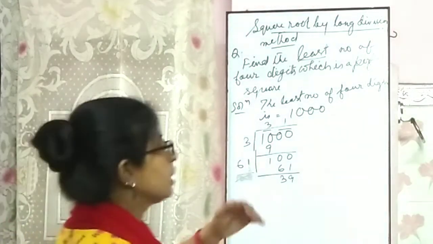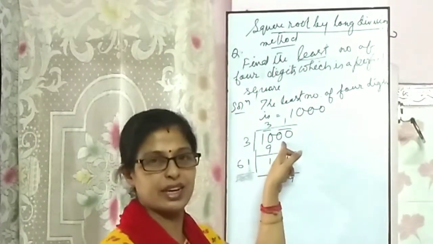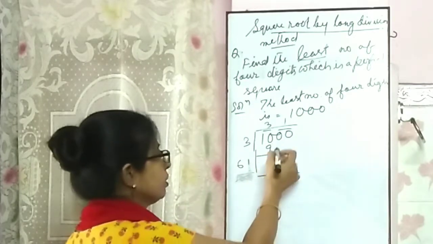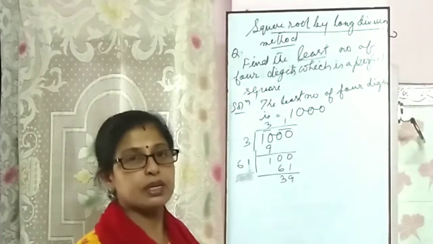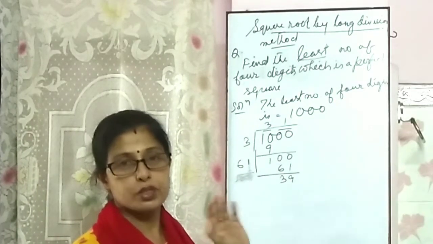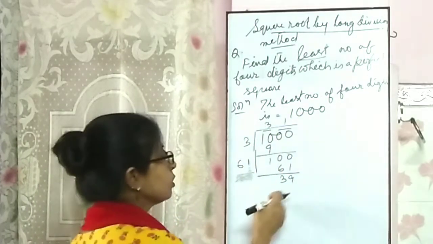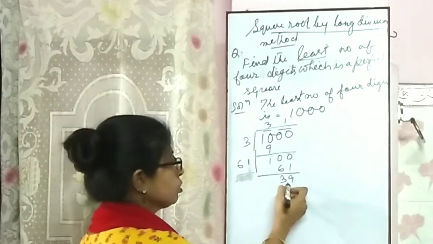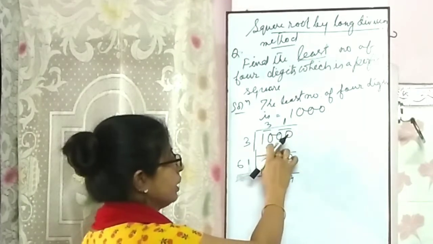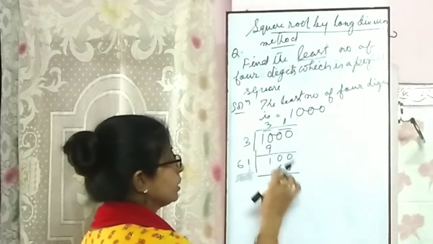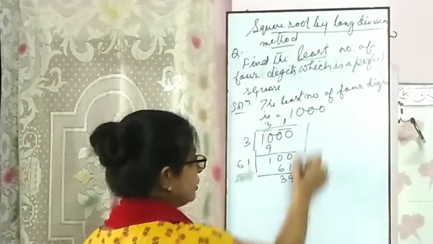Now, like the last time, for the greatest number, this was subtracted from here directly to get the number. But it seems like to get a 4-digit number that is also a perfect square, we have to add some number. So which number would be added? It's seen that if we make 31 square, the answer is less than 100. And so here I will write clearly